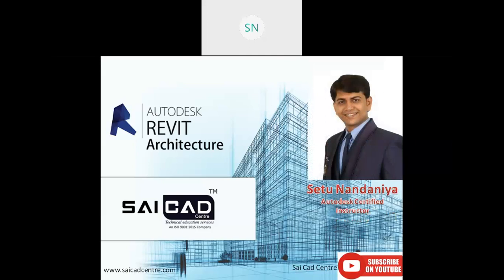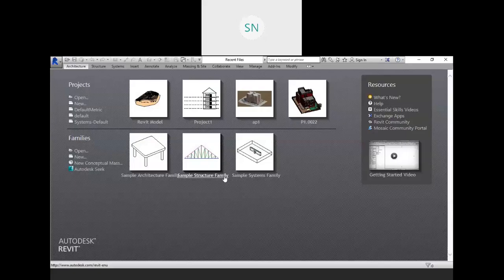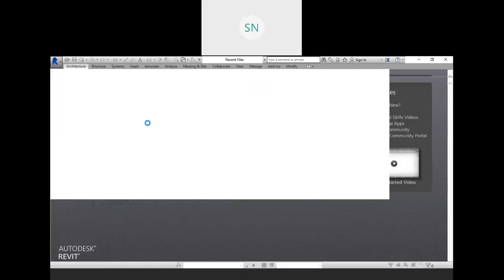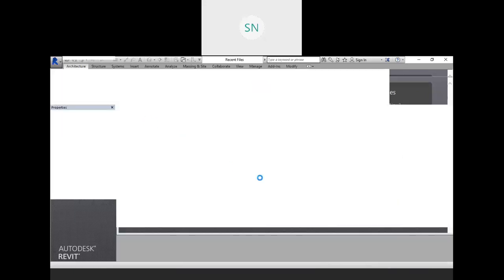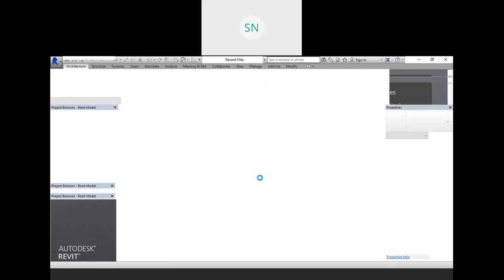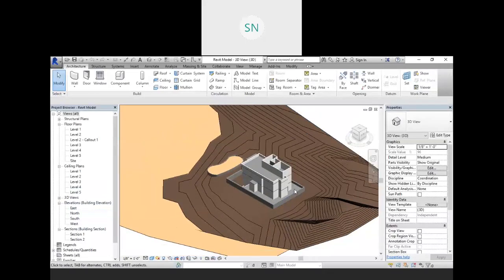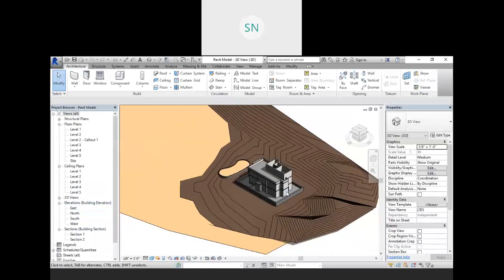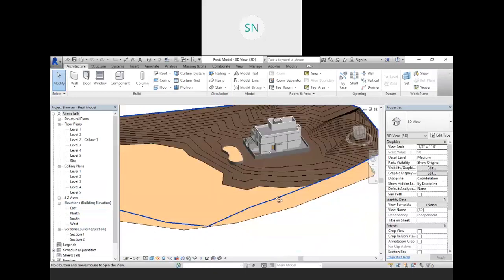Let me begin today's last class with the Revit software, where we are going to see how to place drawings on paper. I hope this Revit screen is visible to you all. Here I am entering my model that we created. Now let's have a solution of your questions one by one, then we will continue with today's class.